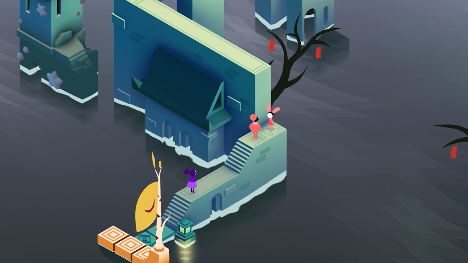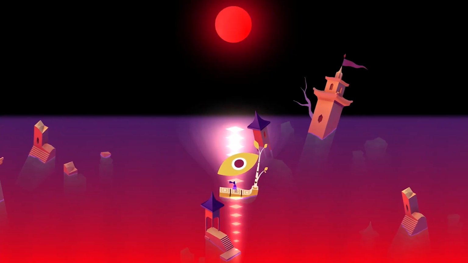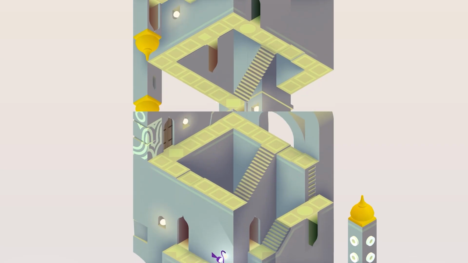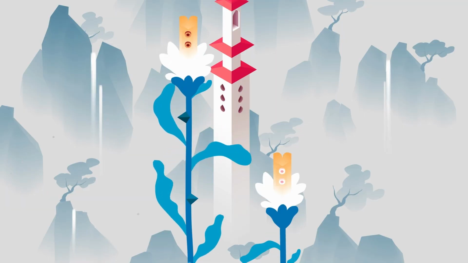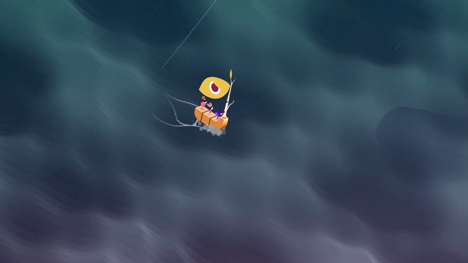With Monument Valley 3, what we really wanted to do was try and broaden out the gameplay space a little bit more. So you'll see, in addition to new mechanics in our chapters, we've included new ways of getting around. So we've kind of broadened things out with a boat that you can sail, as well as a new story